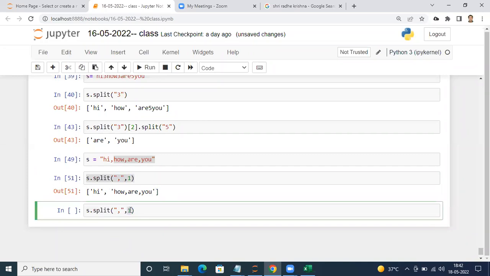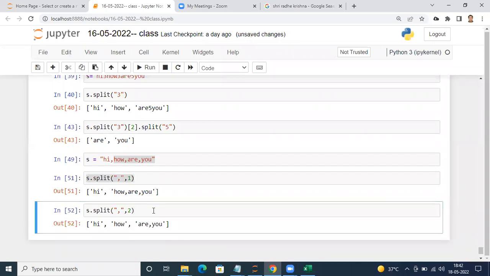Suppose I mention here again 2 this time. Can you tell me what I will get, everyone, this time? Maximum split allowed is 2. Hi, how and are you? Yes. Hi will be one word. How will be one word and are you will be composite together. So total 3 words. Can you see? Clear, everyone? Right? Clear. Similarly, if I specify